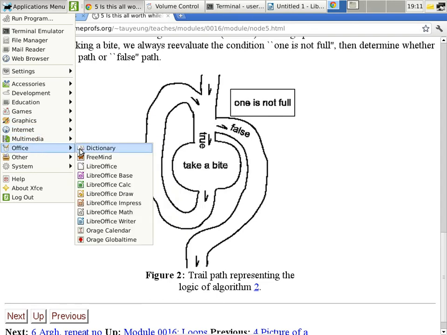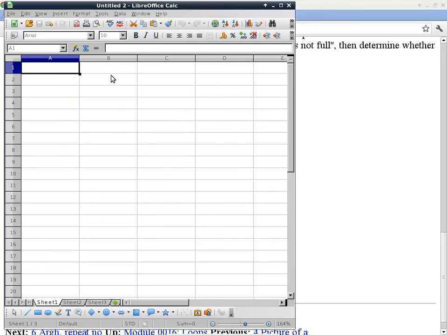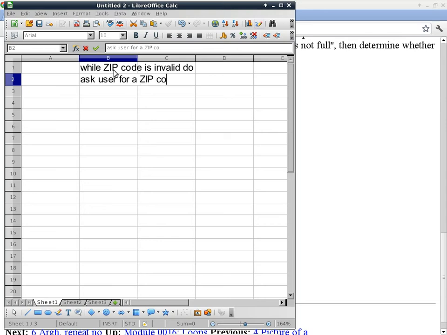Let's use Office. Okay. I don't think I can trace this one. What about something like this? While zip code is invalid, do ask user for a zip code and file. I'll just describe what I want to do here, and then you can tell me why this is a bad